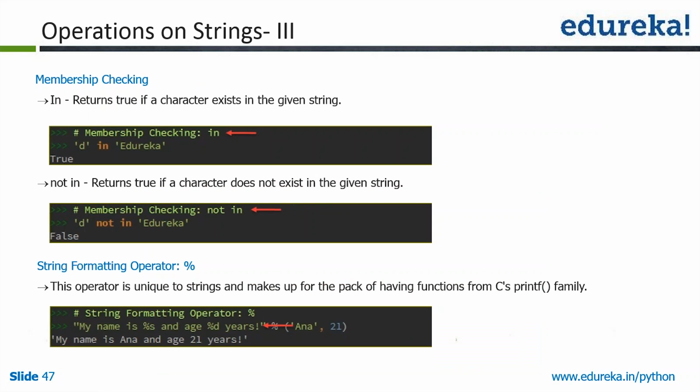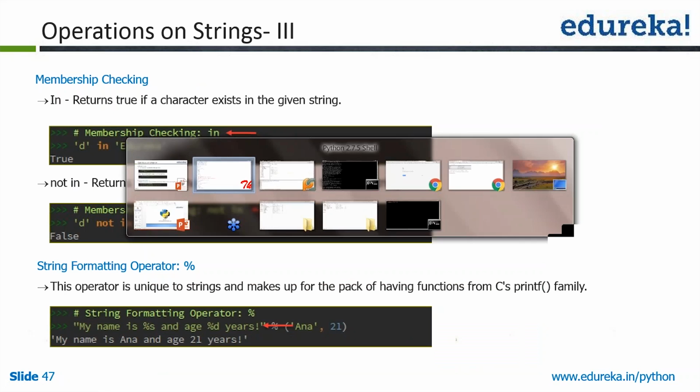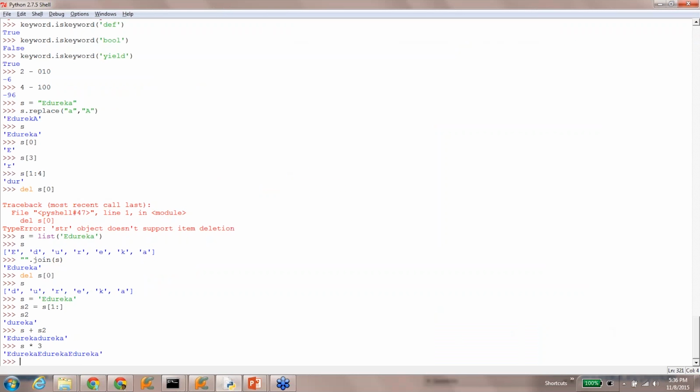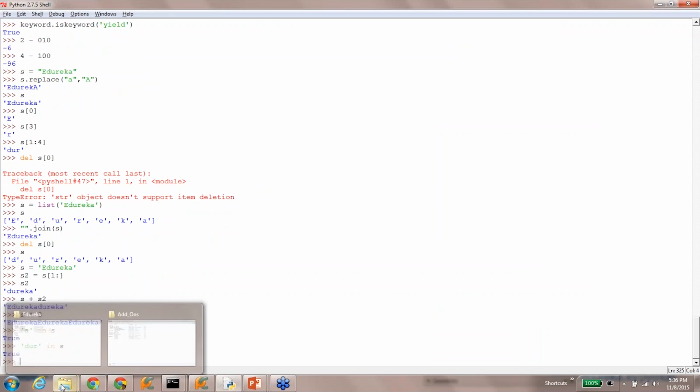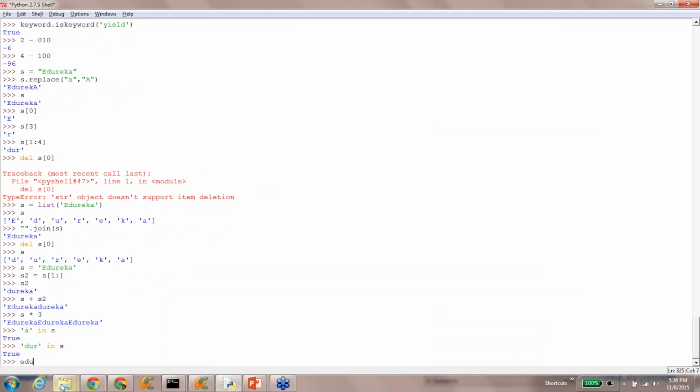Now, you could also check if a string has a certain letter in it. So if you want to check if A is there in s, it is this simple. You just have to say the letter followed by in. You could also have a string check within a string. You could say dur in s, that tells you true. And if you say edu